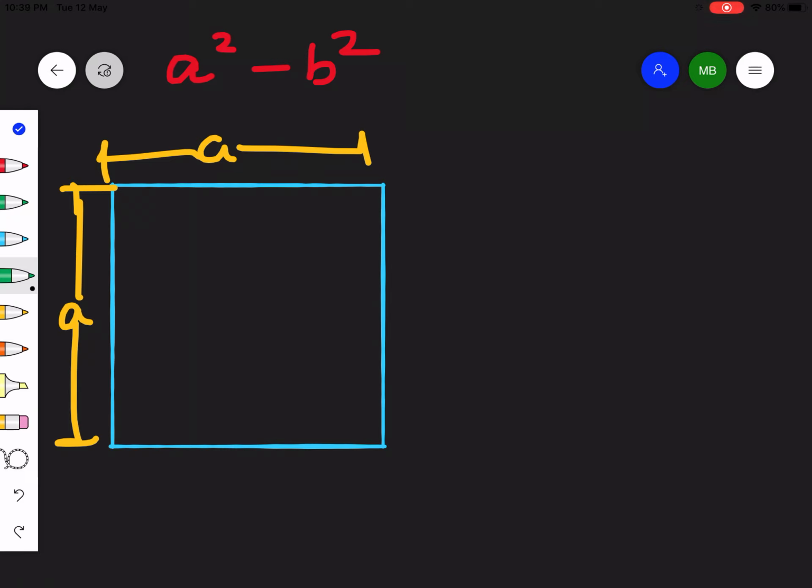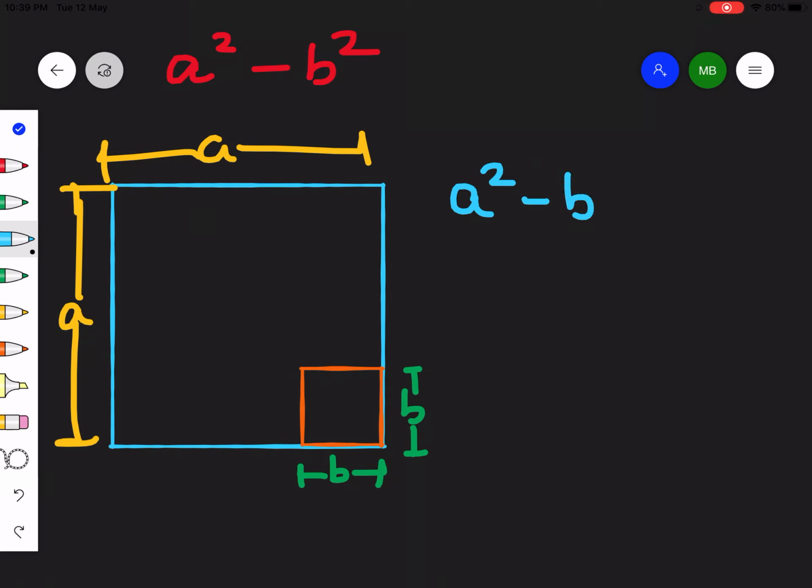Right, now if I just take away a small square, let's say from this corner, this square of side b by b, this side is b and this side is also b. So what we have done is, we started with an area a squared and we subtracted another small square having area b squared from that. So is it fair enough to write it as a squared minus b squared? Yes, we can always write it as.